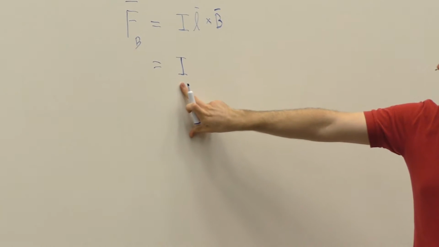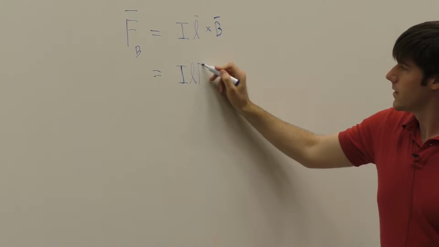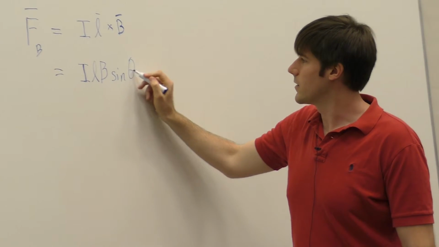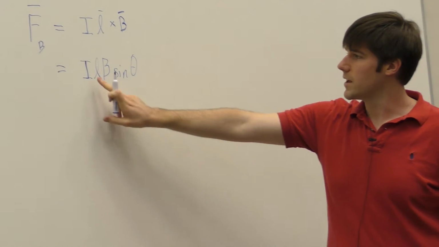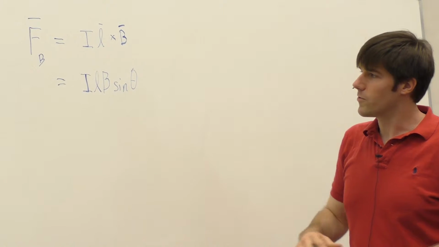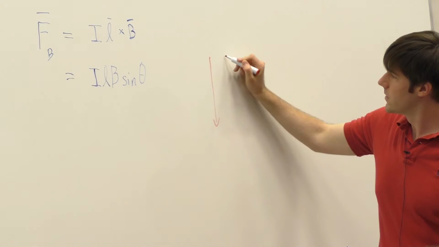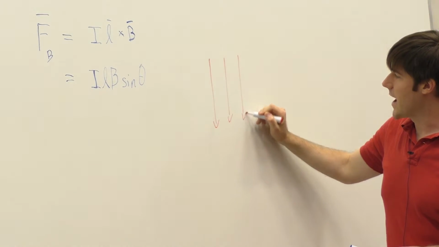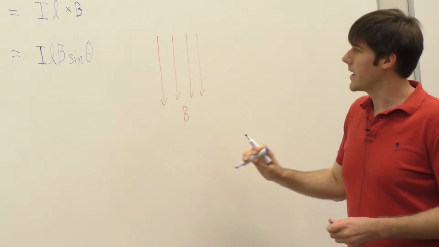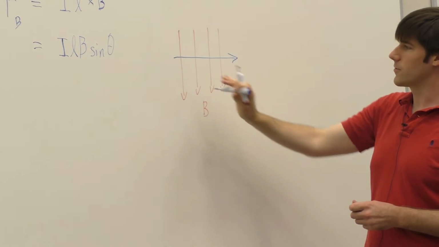You have, again, the product of the current times the length times the magnetic field times sine of theta, where theta is the angle between the wire carrying current and the magnetic field. So, for instance, we can show that if we have a magnetic field whose direction is down, and then we have a wire with the direction of the current going from left to right,